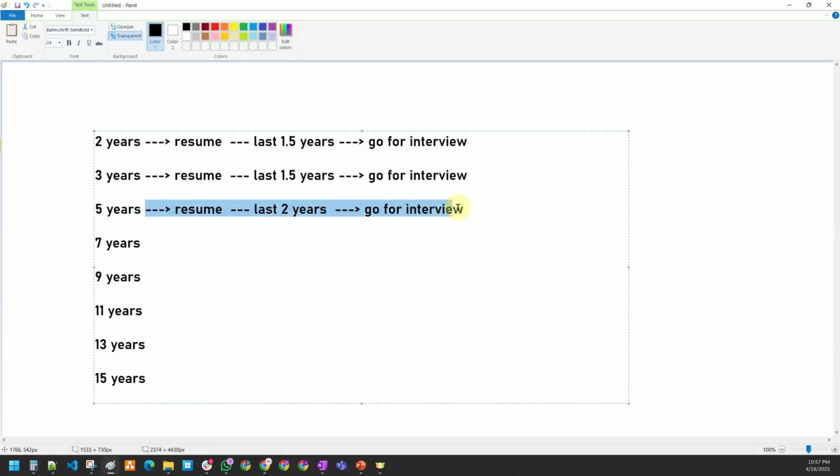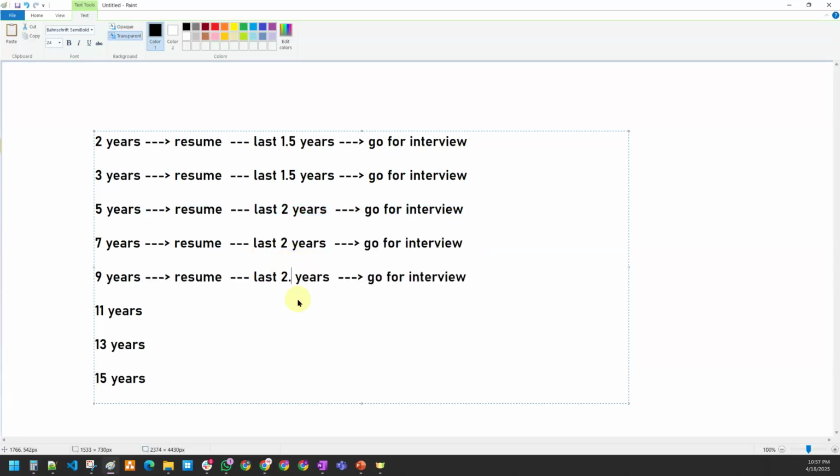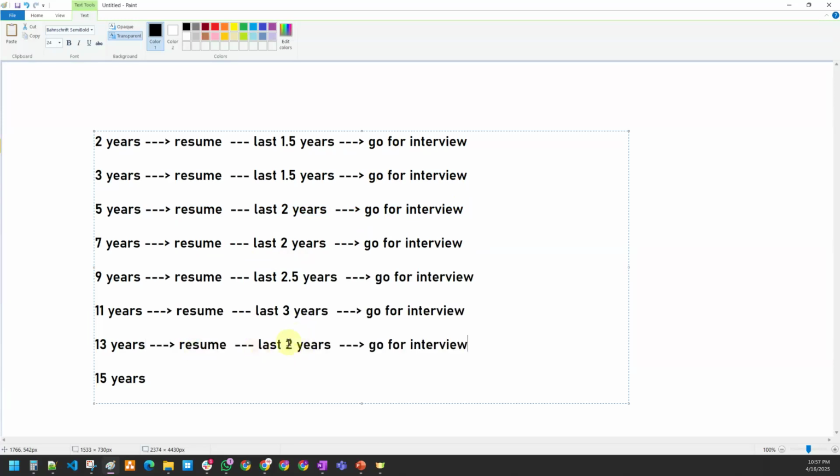Then, sir, even though you have 7 years, you can put 2. For 9 years, you can put 2.5. And for 11 years also, you can put 2.5, or maybe you can put 3 also. No one is stopping. You can go for maximum 3 and 3.5, sir. For maximum 15 years, if you go for 3.5 also, you can go. Until 3 years, I am going to cover each and everything that is required for you, including all the topics, and in-depth optimizations also I am going to cover.